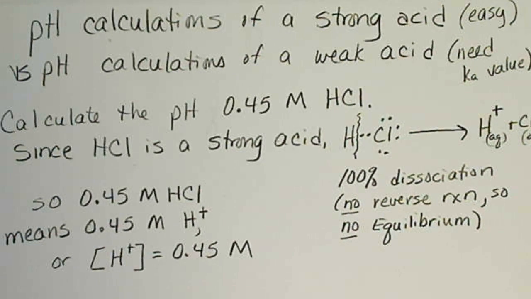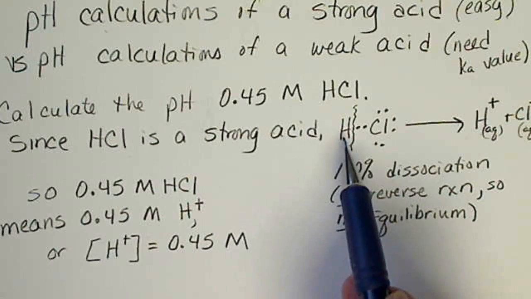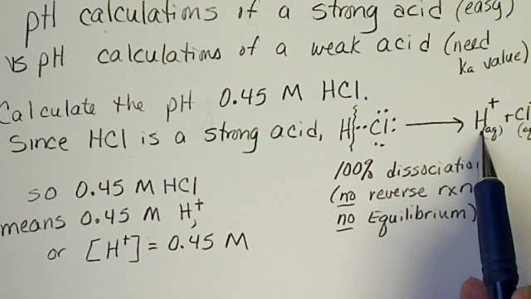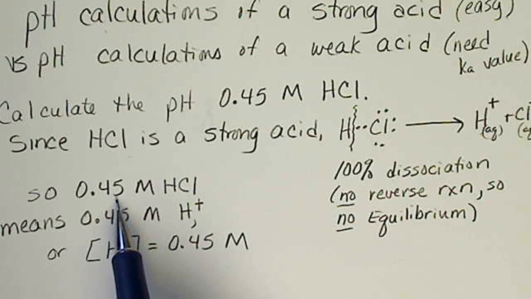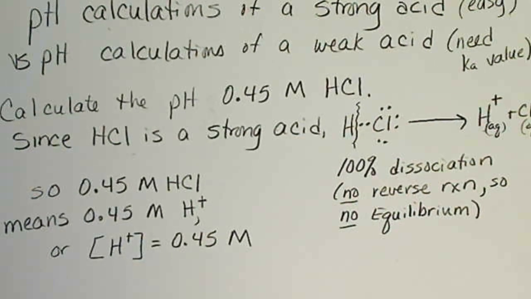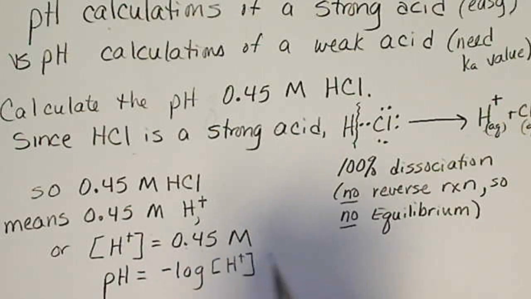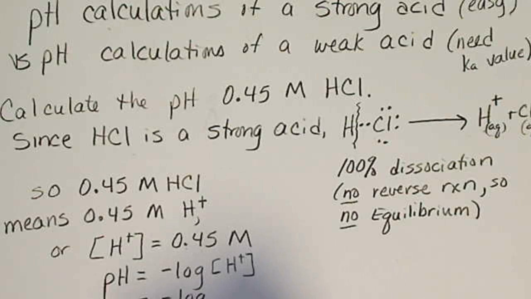And that makes the pH calculation very easy because one molecule here makes one hydrogen ion. So the concentration of the acid is equal to the concentration of the hydrogen ion, or the hydrogen ion concentration would also be 0.45. So the pH here would be the negative log of our H+ concentration, which would be the negative log of 0.45. So we just plug that into the calculator,